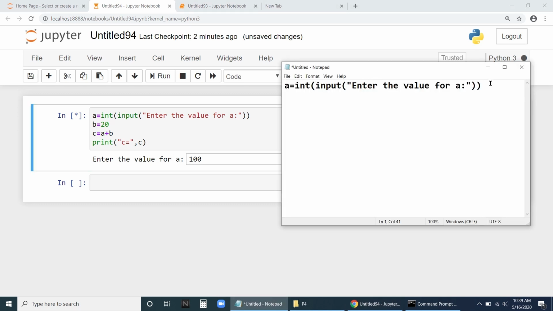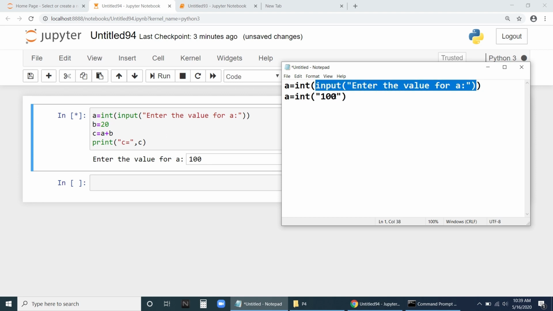We'll paste here, everything it will remove and it will keep 100 in double quotes, double quotes here and here. When we press enter, the entire thing will be replaced by 100 in double quotes.